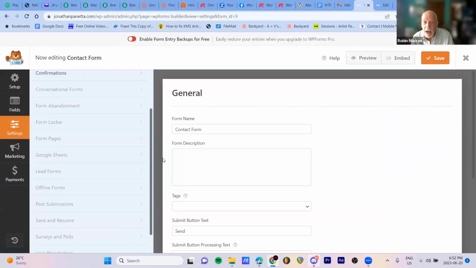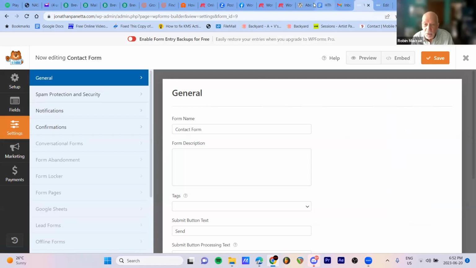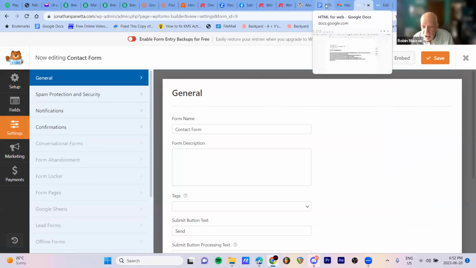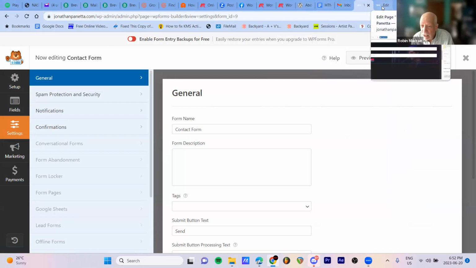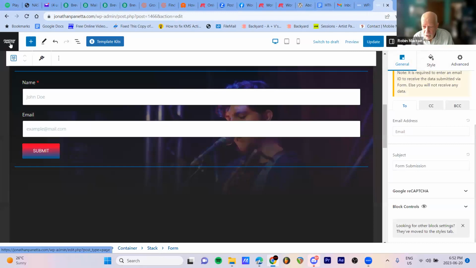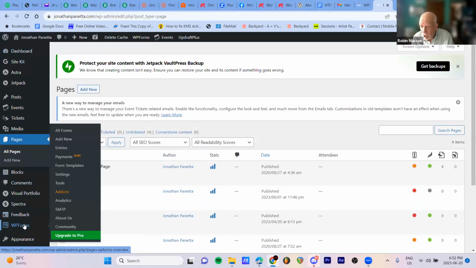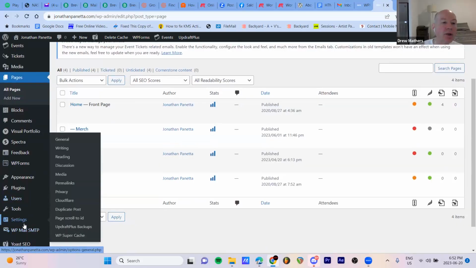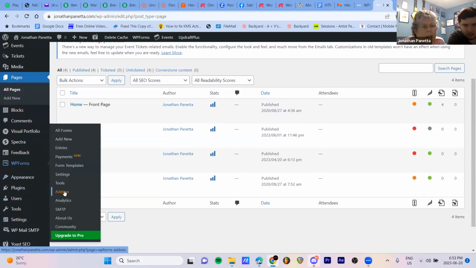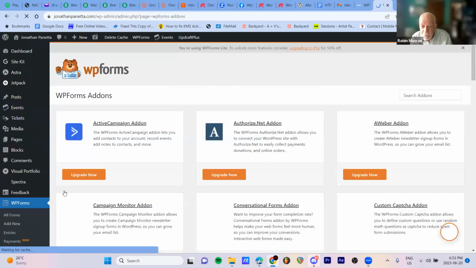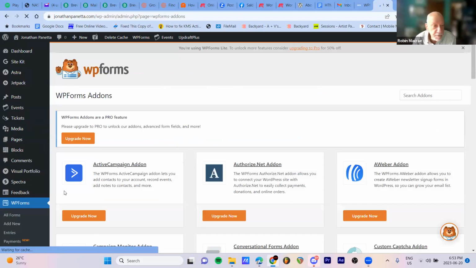Drew, I'm just looking at the WP Forms page for features and add-ons, and I can see Constant Contact, Aweber, MailChimp, Get Response, Active Campaign, HubSpot. I think I see add-ons there, if you hover over WP Forms. Oh, there it is. Yeah. So we're looking for this Sendin Blue or